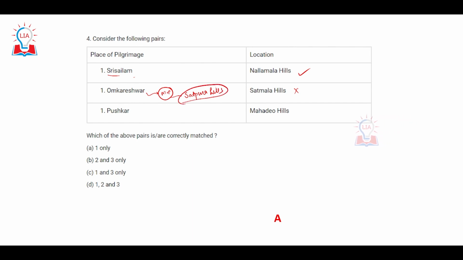Third is Pushkar. Pushkar, as you know, is the only temple in India where the temple of Lord Brahma is situated, and Pushkar is a very well-known tourist destination also, where people from all across India as well as from outside India throng every year. So Pushkar is not situated in Mahadev Hills, because Mahadev Hills, we know, is situated in Madhya Pradesh. Pushkar is a place of pilgrimage in the state of Rajasthan, and it is situated in the Aravalli range or